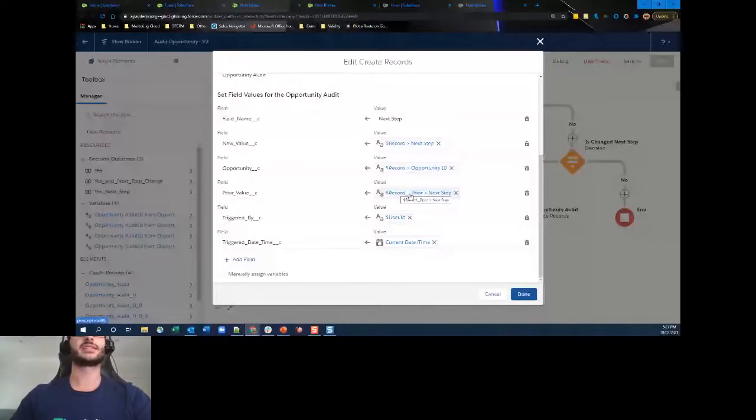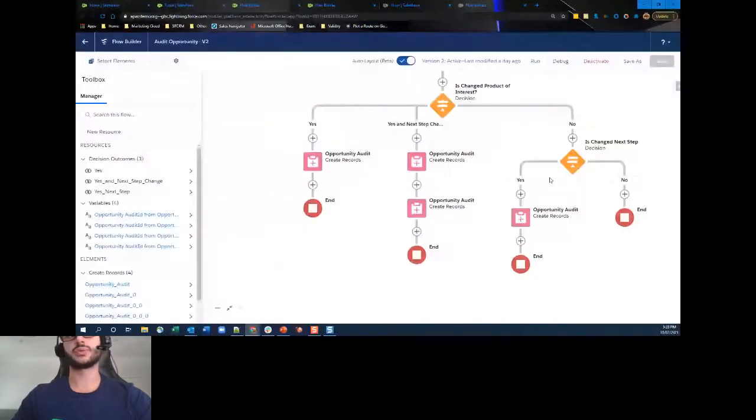So going into decision now, and this one here is looking at our record next step has changed and does not equal prior next step. Now the reason I don't have to check again in this condition if the product of interest has not changed is because to get to that point, I've already checked it. I checked it in the first one. If it failed there and then failed the second one, it's going straight to this one. Right? It's very important, that part, because there's no point re-evaluating that condition here. Now, if that's no, we'll end it straight away. If that's a yes, we'll go ahead and